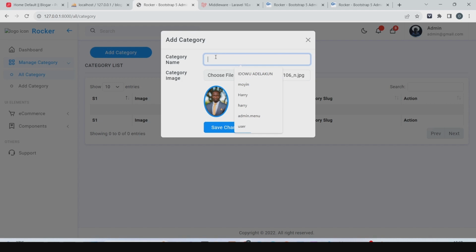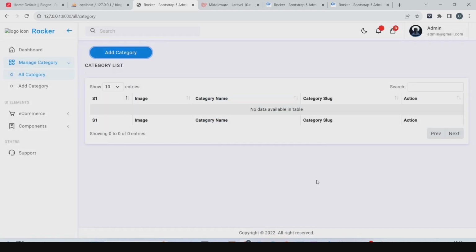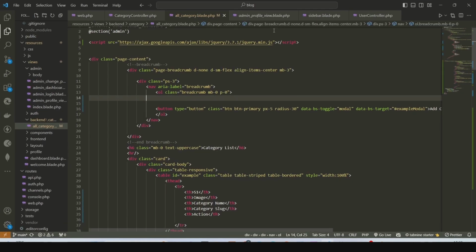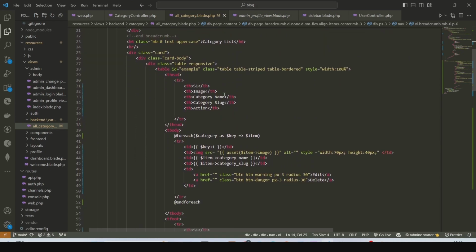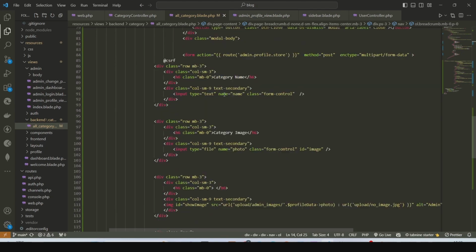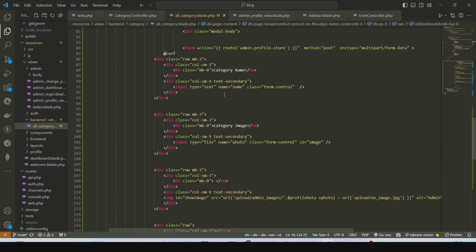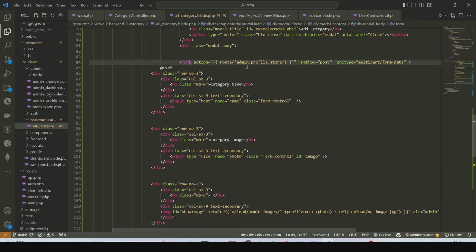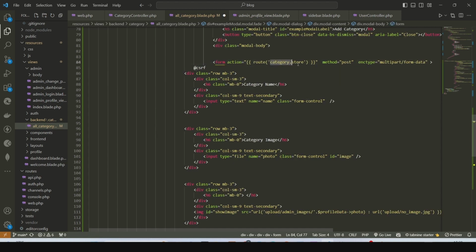Now let's work on storing. Let's say the category name is travel. So now let's work on inserting this data into our database. The first step we'll take is we'll create our route. We'll locate the form. So this is the form here. This is where we'll create our route. So we can name it category.store. So we'll copy this route name,